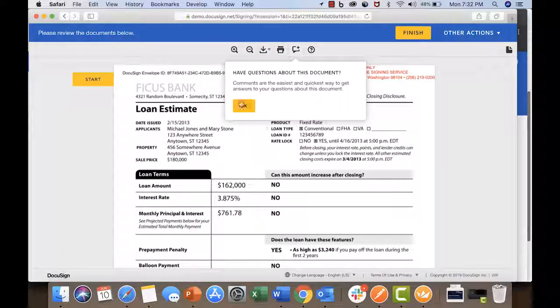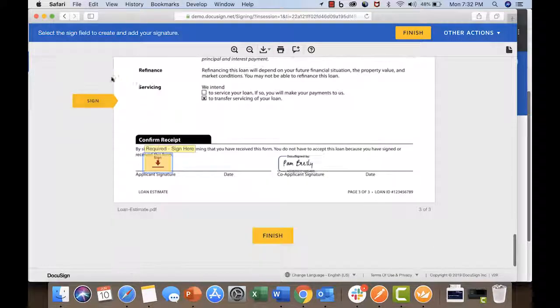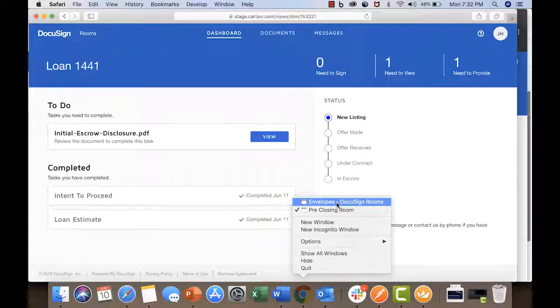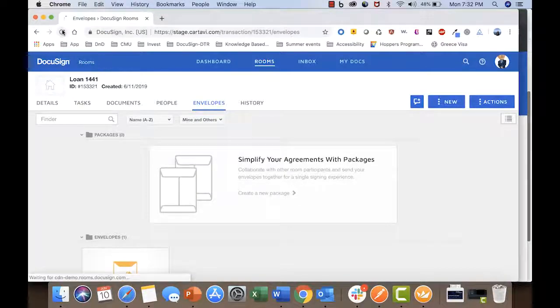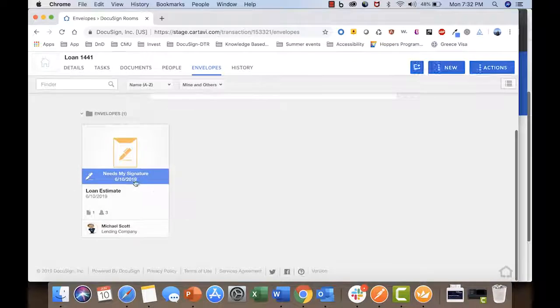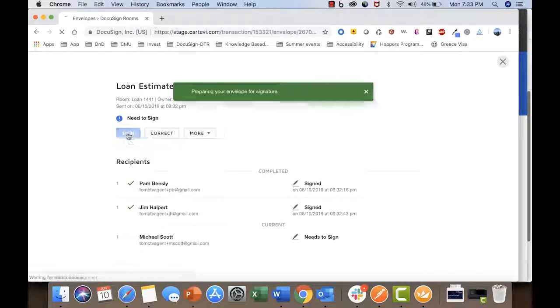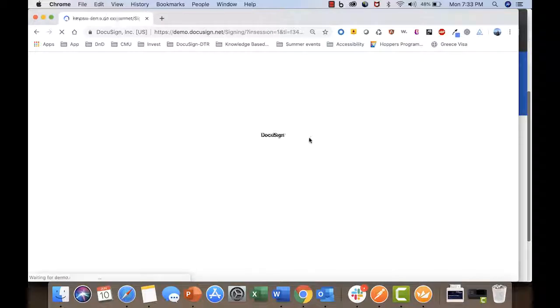And then Michael also will go ahead and sign this document. So he can finally go ahead and sign this document. Okay, start. And voila. And with this, this mortgage process has kind of ended, that he has signed his disclosure